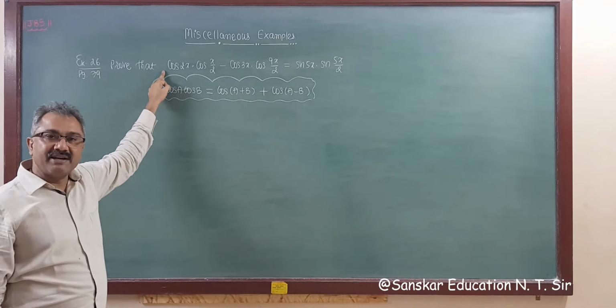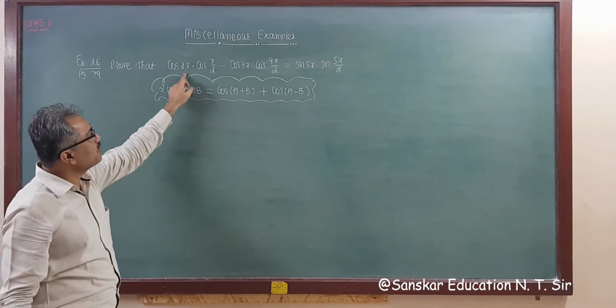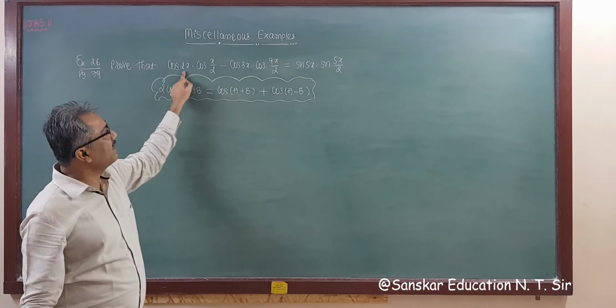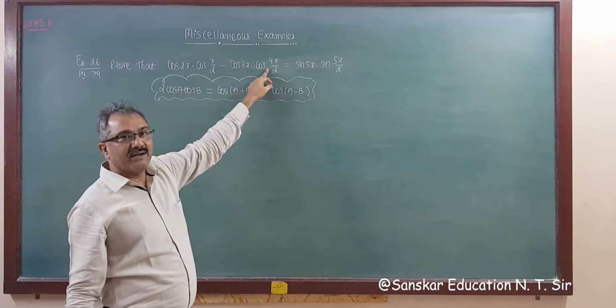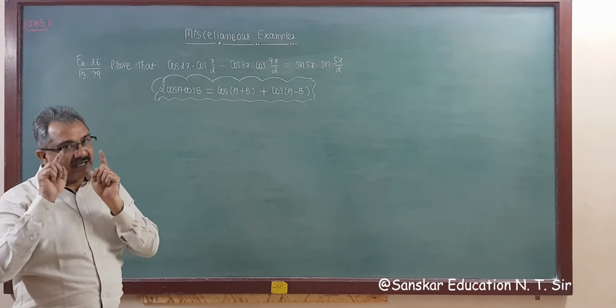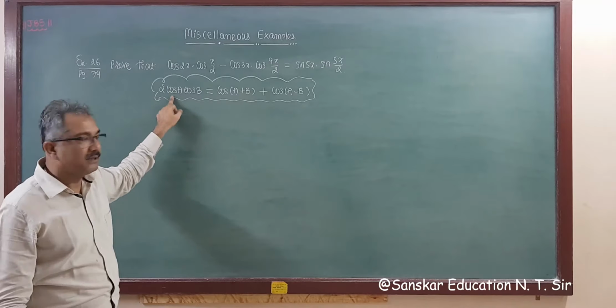That means we are dividing and multiplying by 2 here. We will get 2 cos A cos B, the same 2 cos A cos B. Here this is the big angle, 9x by 2, that is 4.5x, and this is 3x. So we are creating this as a first and dividing and multiplying by 2. Why? For applying this formula.